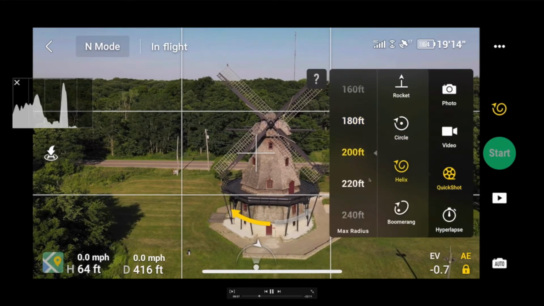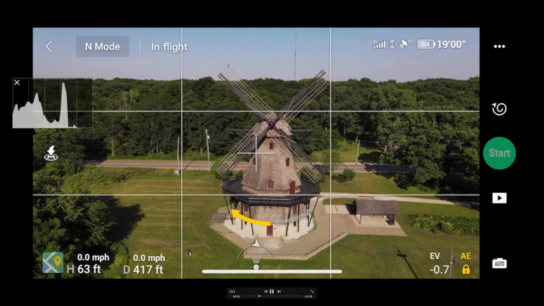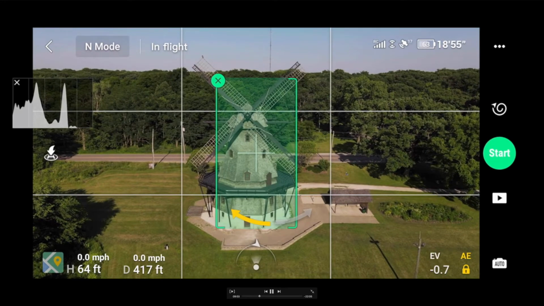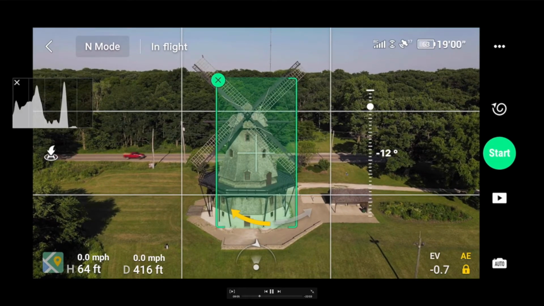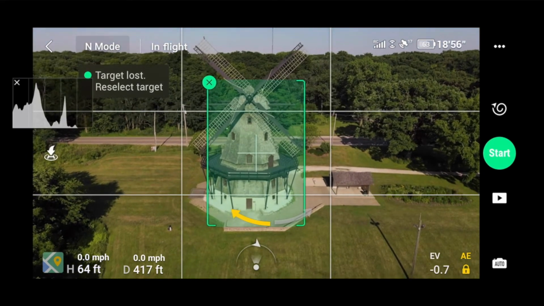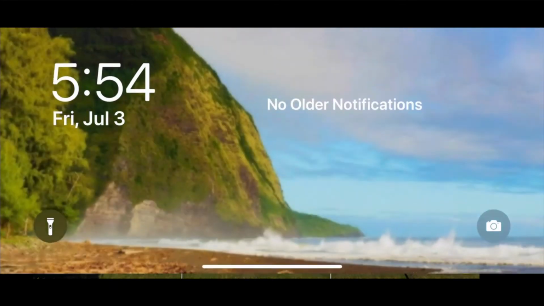And it's essentially the same thing. Now we can control the radius. I'm going to do a big 380-foot radius. I'm going to draw a little bounding box around my subject. And then that's it. It's going to enable us to hit start. And if something messes up, again, if you're too low or it's sensing trees,